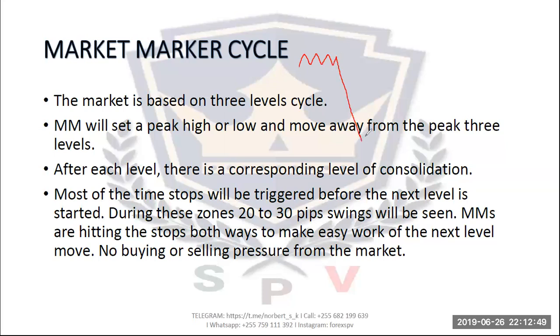And in moving the 3 levels, after the first level, you'll find a consolidation. So each level has a corresponding level of consolidation. And usually the consolidation has 20 to 30 pip swings. And there's the stop and high. Then you have the second level. Then the consolidation here, stop and high. Then the third level. So we call this the market maker cycle, as if it's a downtrend, there's the M,